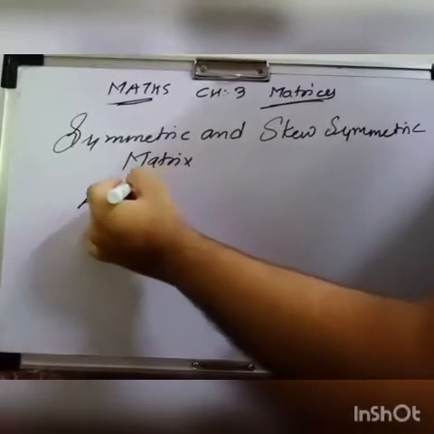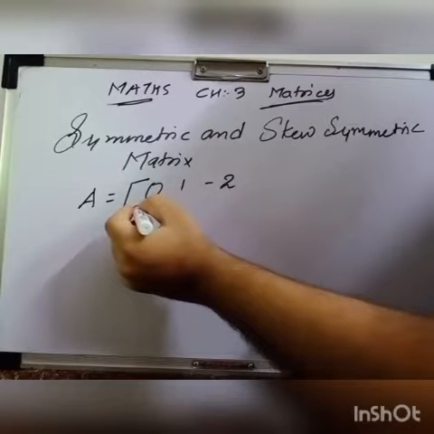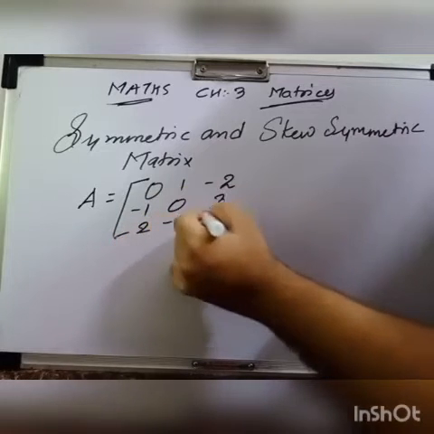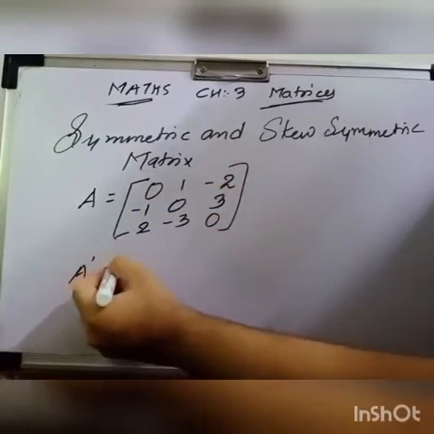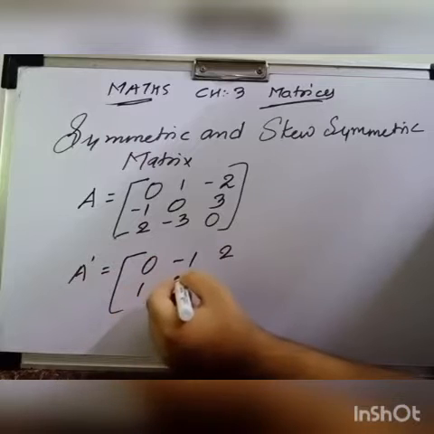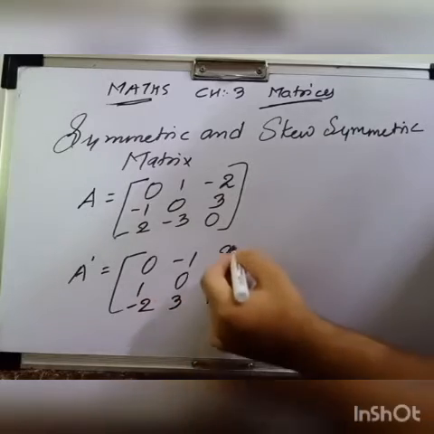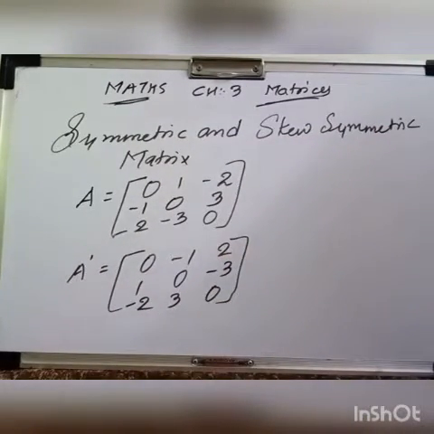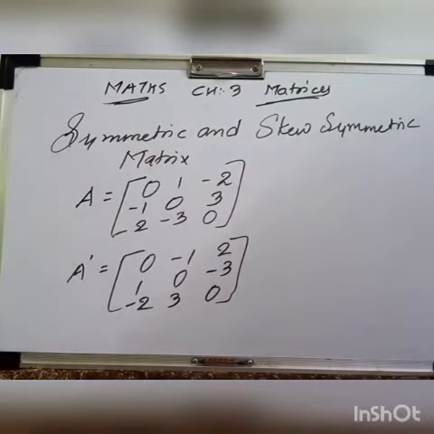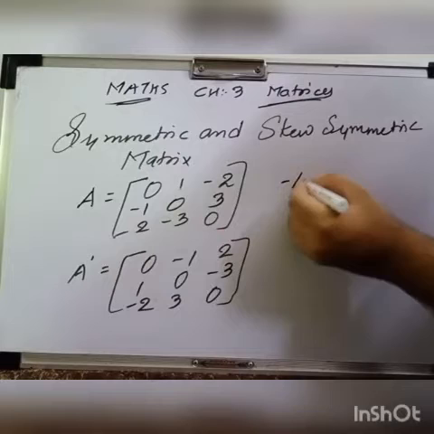Suppose I am given one matrix, and if I take a transpose of that matrix, then it will be, but you can see that this time the obtained matrix is not the same as the original matrix, but I can convert this into the original matrix if I multiply -1 on both sides,